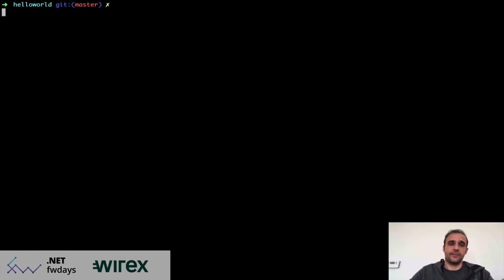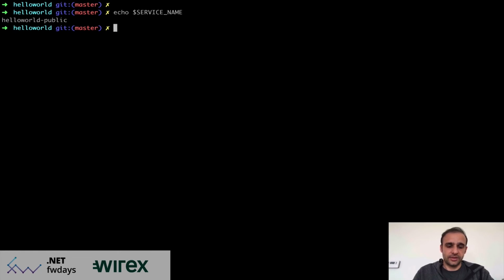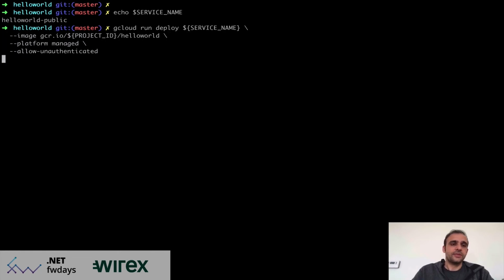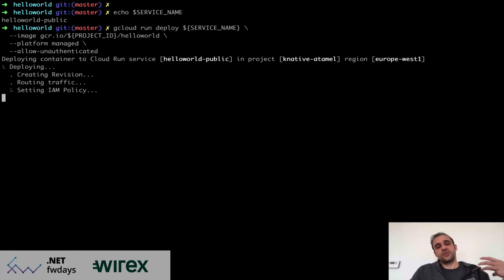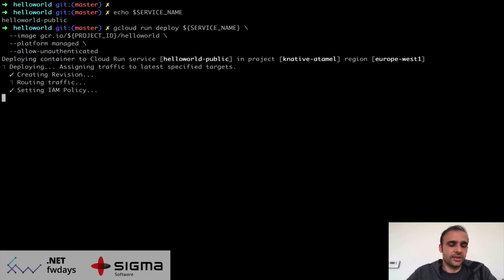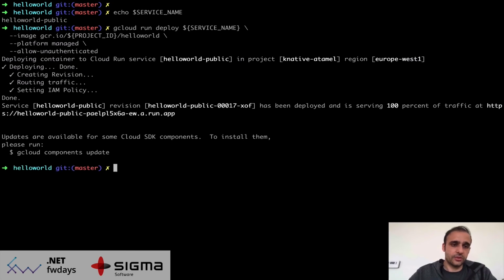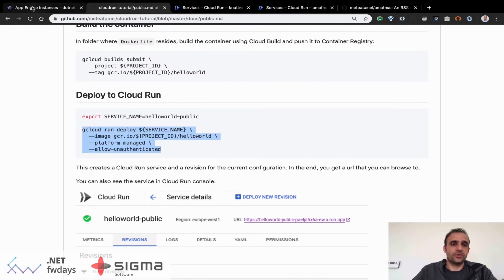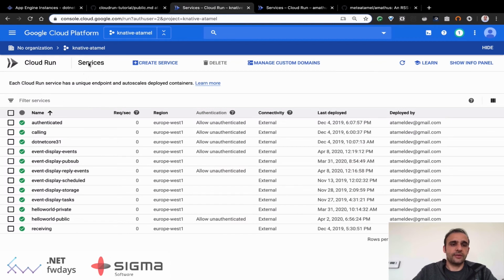So I'm here in my terminal, and let me make sure my service name is set. So it is set. And now this is creating a revision, routing traffic to that revision, and setting the IAM policy. So within a few seconds, I would be deploying my container in Cloud Run, right? So compared to App Engine Flex, this is much faster, and you just basically wait a few seconds for things to work. And then if you go back to Google Cloud, in Cloud Run, you can see I have a